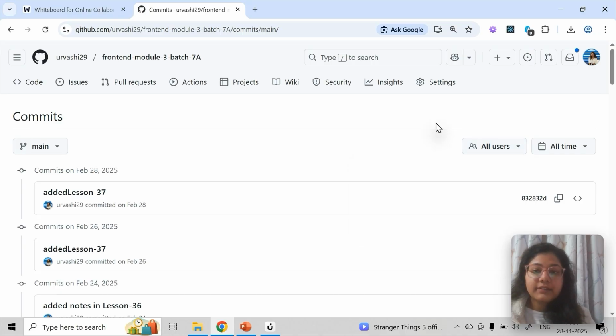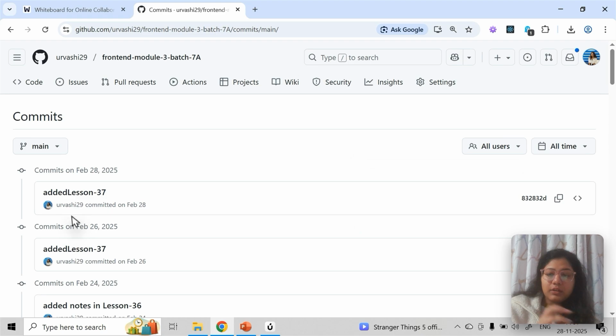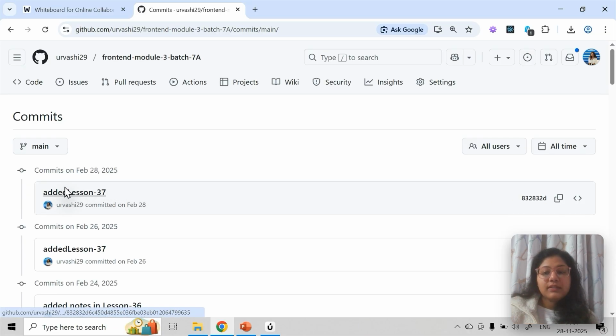But let's say on this repo, if four developers are working, then all four developers' user IDs will come. Generally in the real-time IT industry, you get your own company GitHub accounts, so you don't have to use your personal account. There will be a user ID, and those users will show up here as contributors. So in future, if your code is getting messed up because of someone, everyone can track it. This person worked on this, so this person has committed.